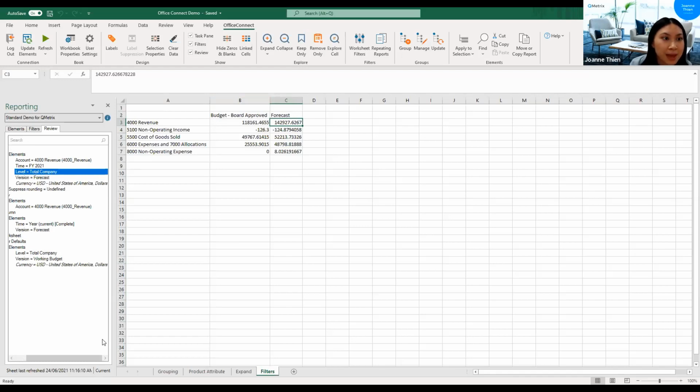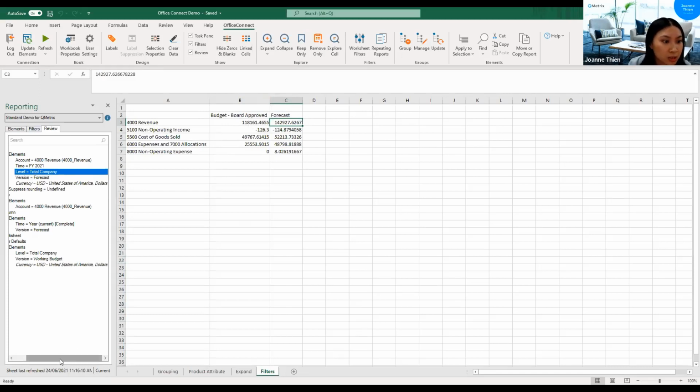So I just wanted to explain the precedence. Essentially, filters work on the whole report or the whole worksheet itself. However, if you drag and drop an element on top of a specific column, row or cell, that will take precedence over any worksheet filters in a report.